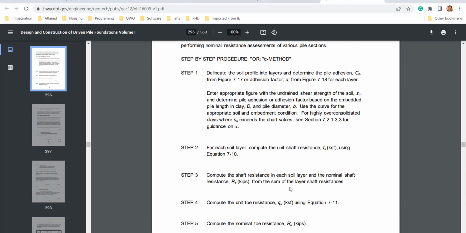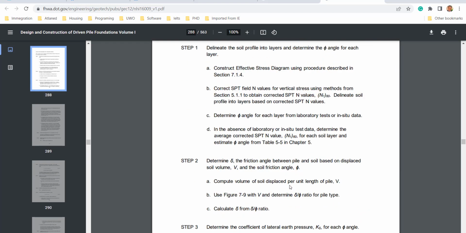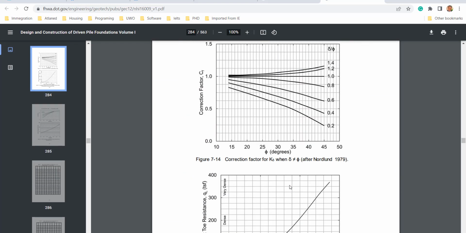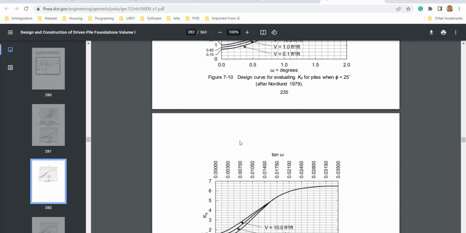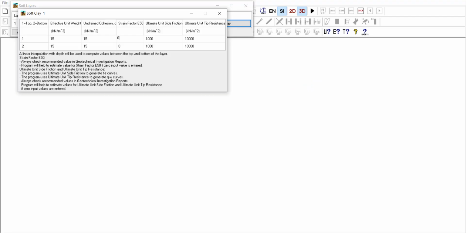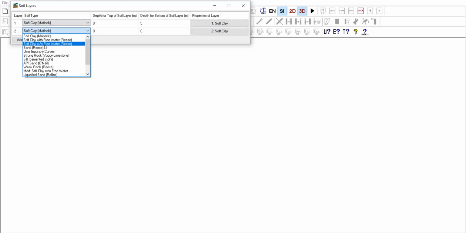And if you continue here, you can also find another table that will give you some limitations. So you would like to check this code, and they have another code for the drilled pile and other things. So these factors you can get either from the static equations or from the restraints of the code. So I will say okay, and I will add another row,